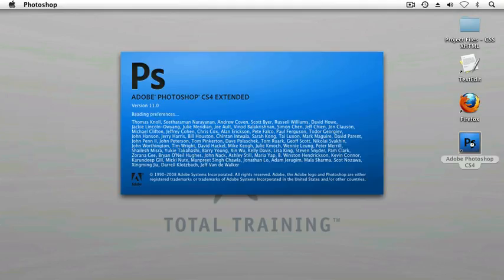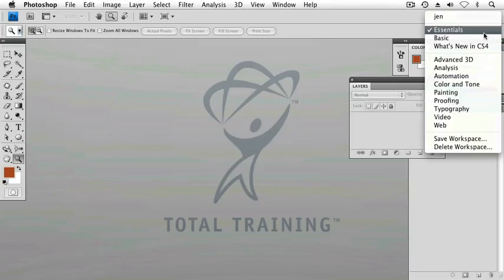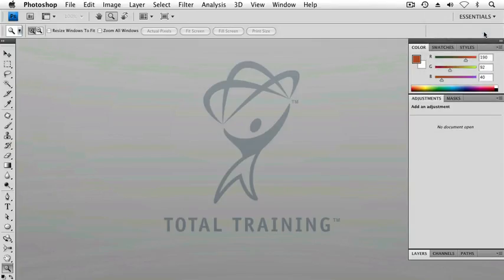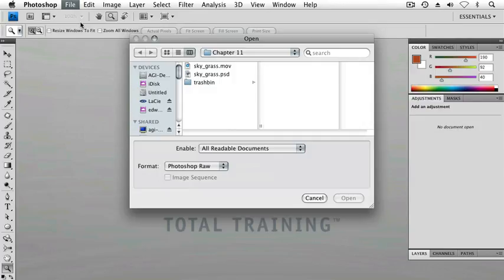I'll double-click on the Photoshop icon on my desktop to launch Adobe Photoshop, and I'll quickly clean up my floating palettes by resetting the Essentials view so my Photoshop tool is a little easier on our eye. And now in Photoshop, under the File menu, I'm going to open a file